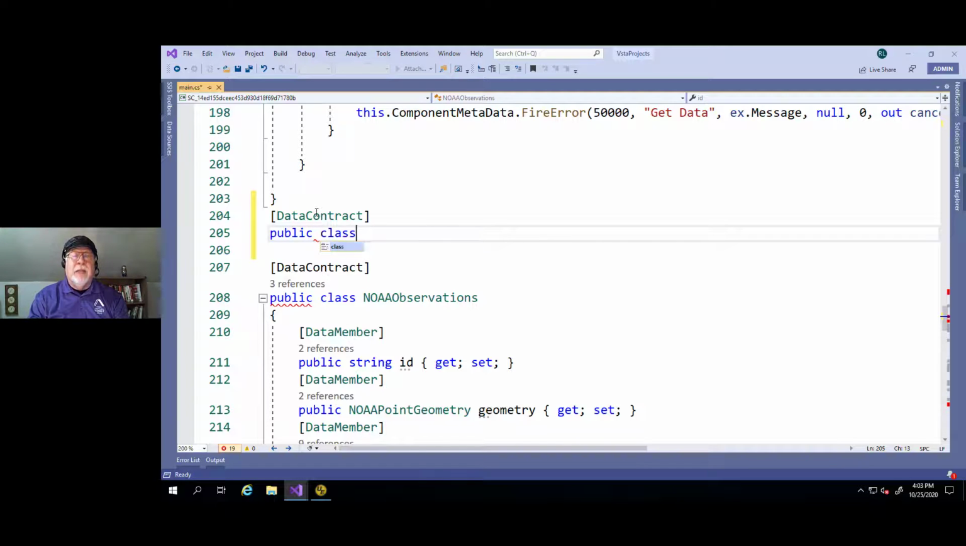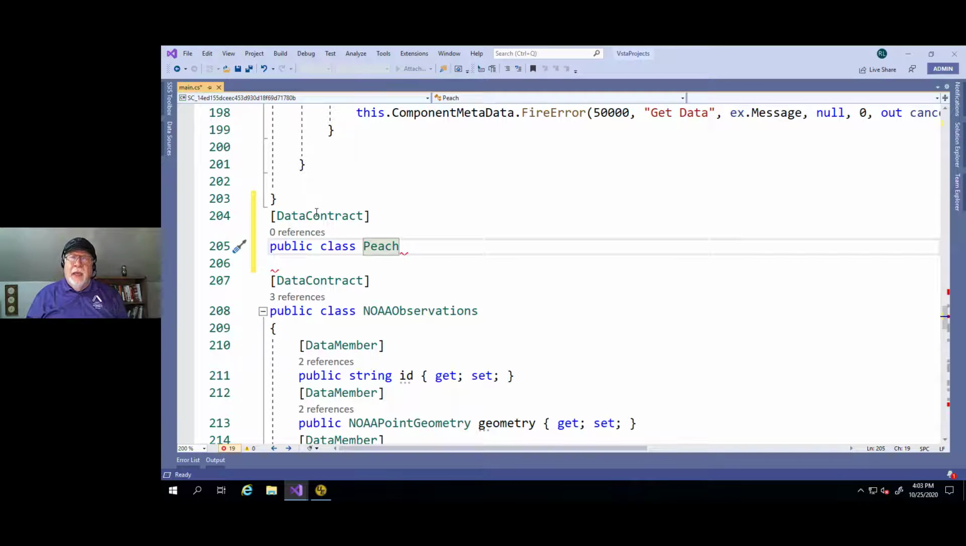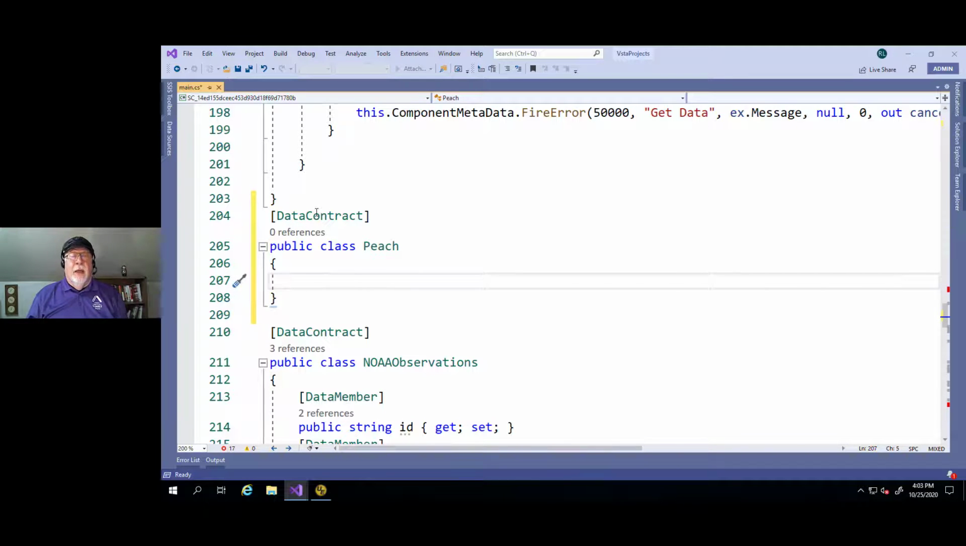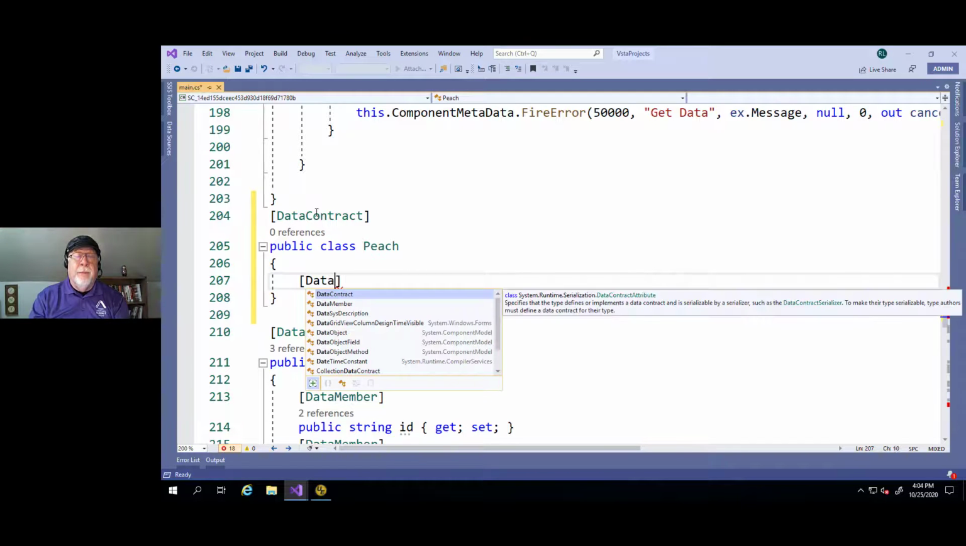And then put a class, and you could call this whatever you want. This name really doesn't affect how the parsing works. What it affects is whether you can understand it. So you see down below I have NOAA observation, but let's just call it Peach for now. What I have to get right is the names of each of the properties of this. So let's call this a data member,